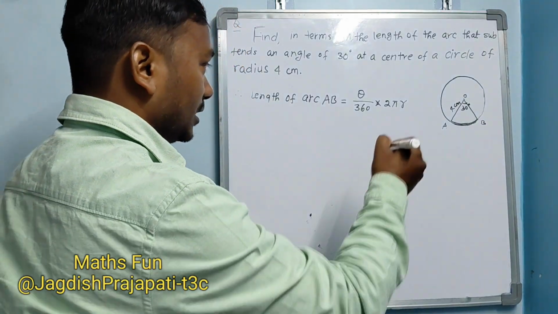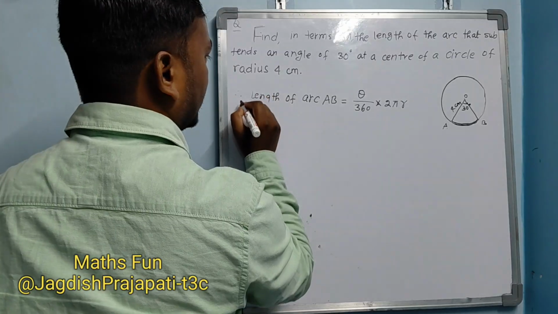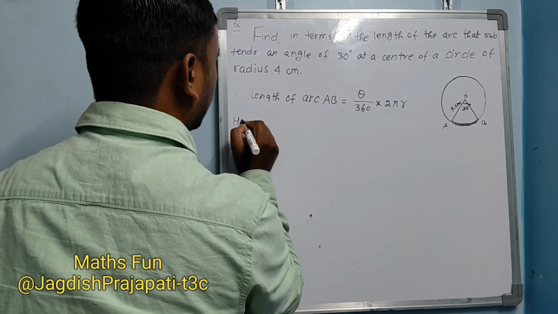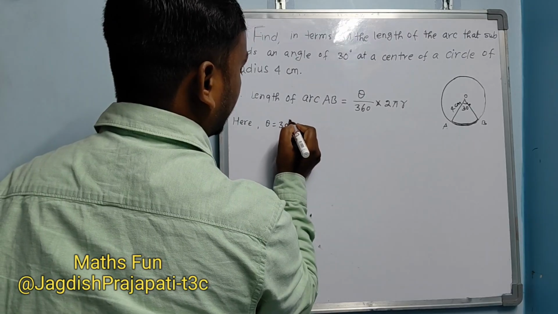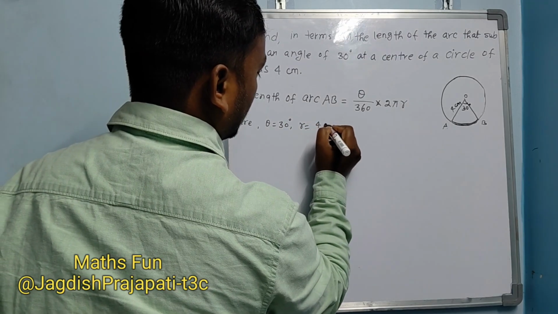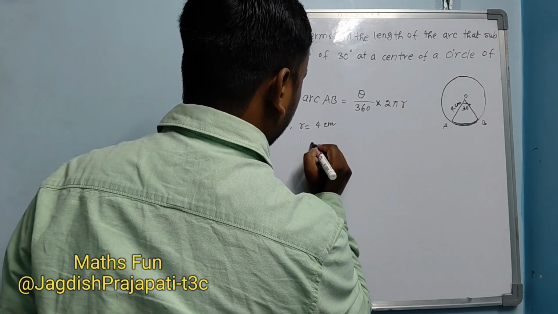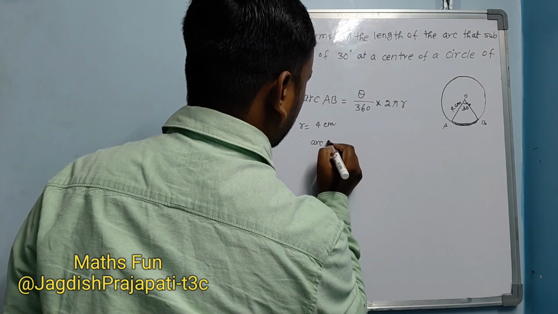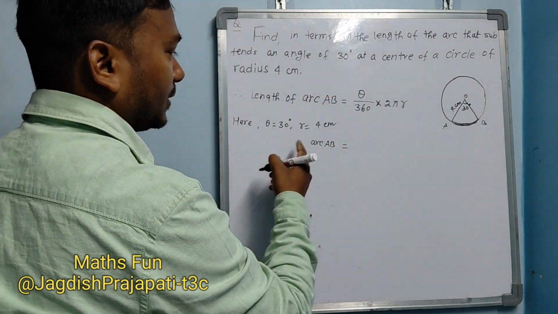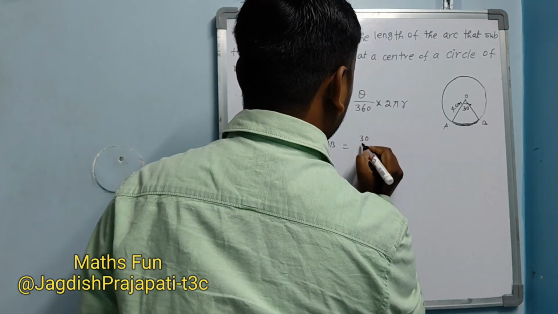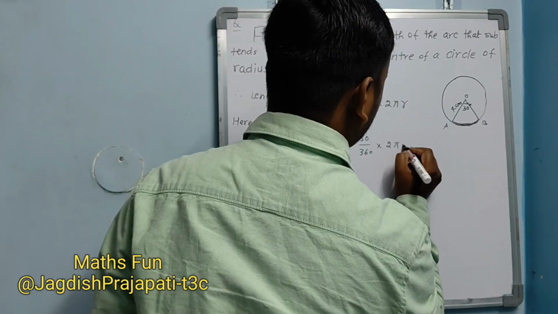Okay, so now here you can write like this. Here theta equals 30 degrees, r equals 4 centimeters, therefore arc length AB, you write full length of arc AB, this will be 30 by 360 into 2 pi into r, where r